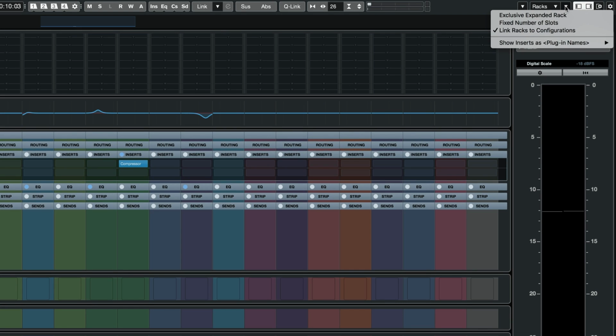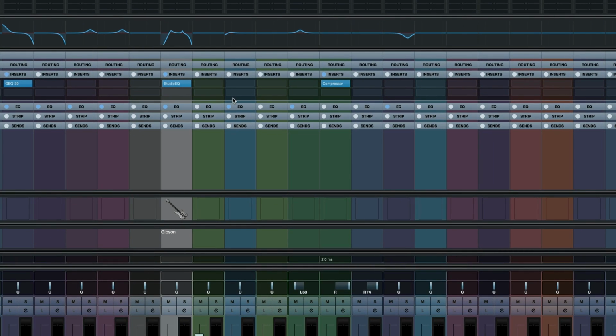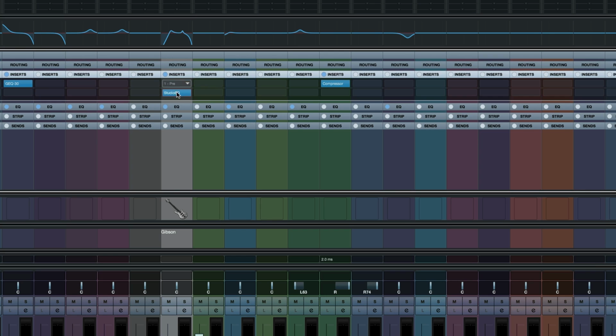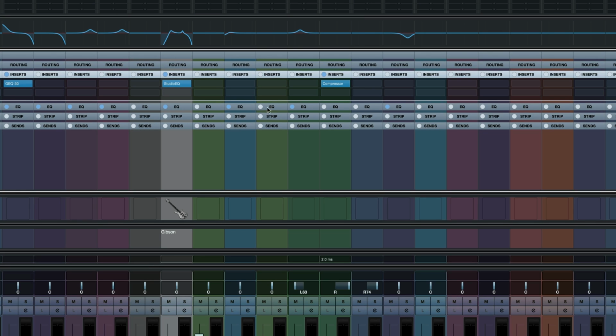You've got racks settings, so you could either show the fixed number of slots, which will immediately take up more room, but essentially show you all the slots that you have available. If you wanted to do that, you can toggle that on and off. I leave it off because I only need to see what I'm actually using, and as soon as I add other ones, Cubase will immediately populate another free one underneath. So for example, if I brought that down, you'll see that all of a sudden I have a new one underneath. It's pretty clever in terms of knowing what's going on and how to give you the most bang for your buck with your screen.